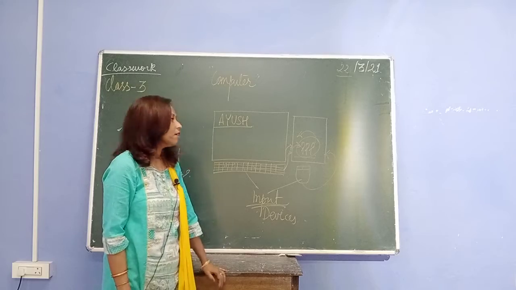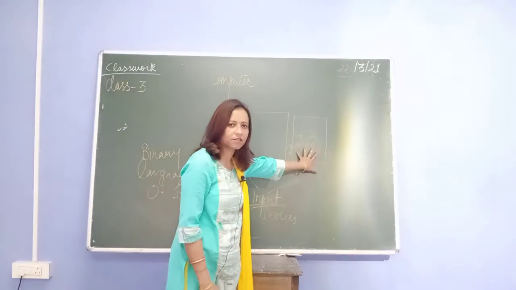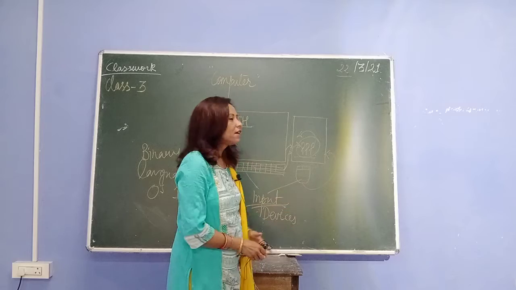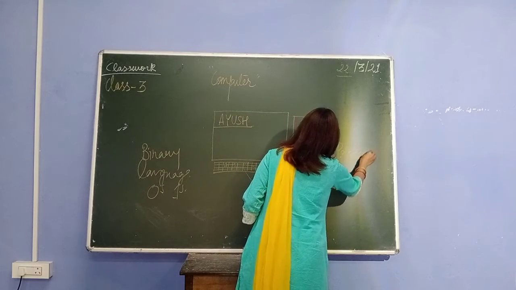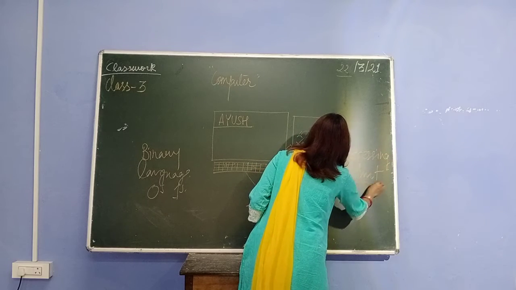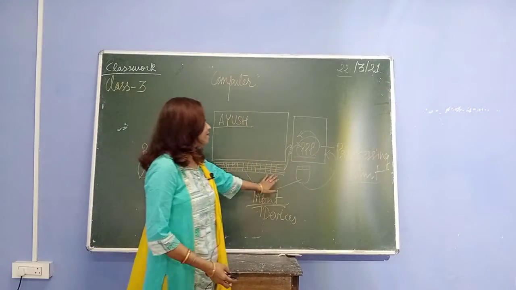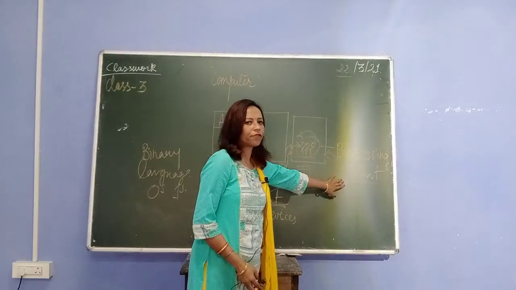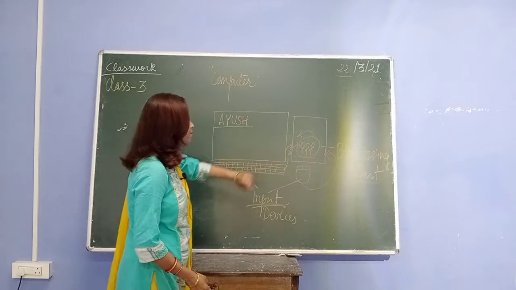Your name Ayush. So where this work happens, it happens inside the CPU box. So that's why the work that happens inside the CPU box, your CPU box is known as your processing unit. As the name says, CPU, Central Processing Unit. It is in the middle of the system. It stays in the middle of the system. So it is called Central Processing Unit, or in short you can say processing unit, that is your CPU.